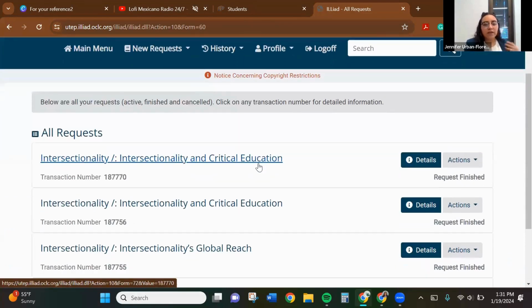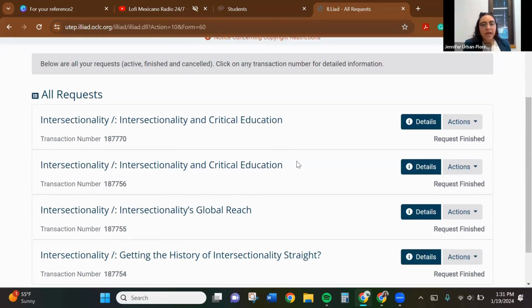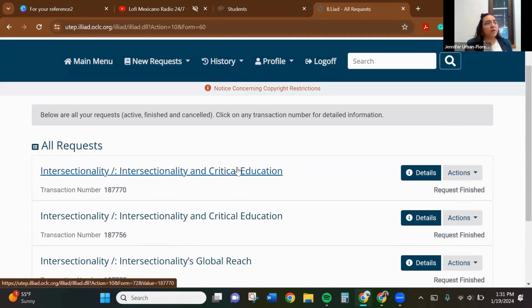Okay, so a lot of these are for faculty that I have worked with. I've helped them get chapters, and this is really to expedite the process. If you know that you're going to need a book for your research and maybe you're not entirely ready to decide if you should buy it or request it, or you don't want to make that commitment yet, you can always request it,